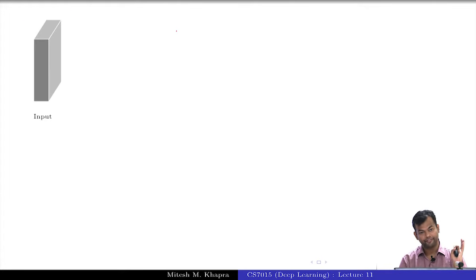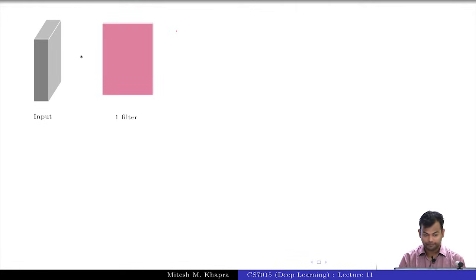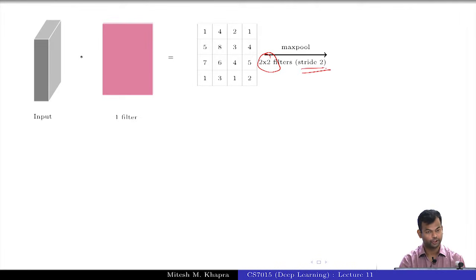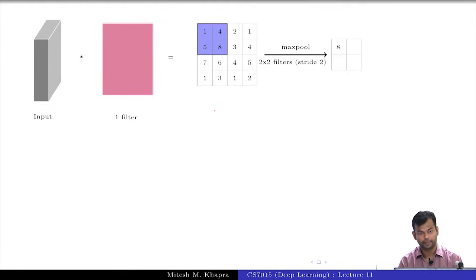So I have some input at one of these layers, either the input layer or any of the intermediate layers, and I apply a filter on that, and that filter gives me some 2D output. It gives me one feature map, and let's say this is what the feature map looks like. Now what does the pooling operation do? I would apply 2 cross 2 pooling with a stride of 2. Let's see what that would do. That means I look at this 2 cross 2 region and pick up the max value from there. That's why this is max pooling. The max value is 8, so I'll just keep that.